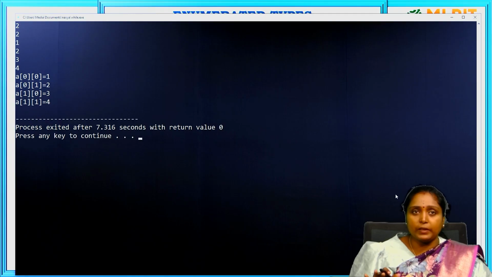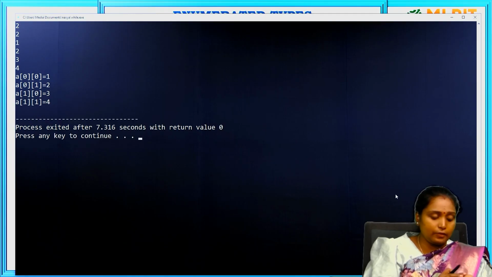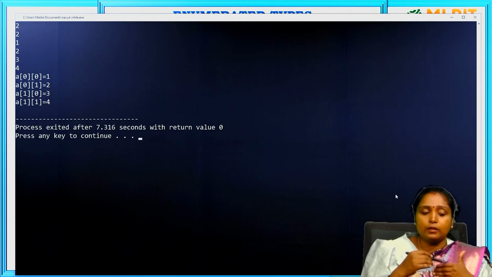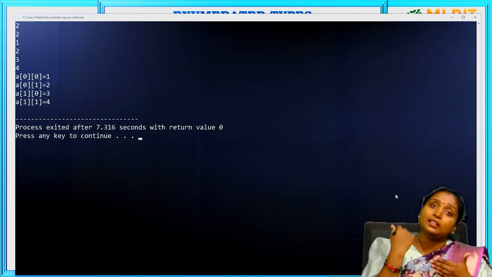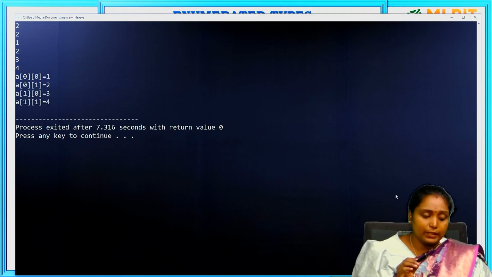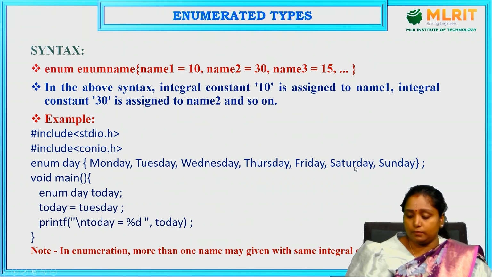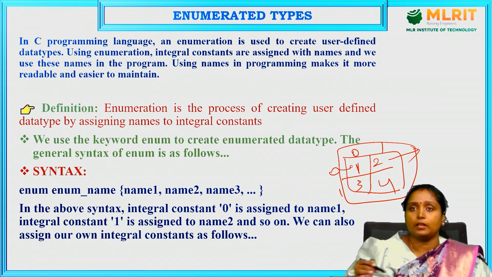First it will complete one row, which is the first iteration of the outer loop, as we have seen in nested loops. The inner loop has to be executed completely, then it will go to the second iteration of the outer loop. Similarly, this one also works the same. So if I want to print in the matrix format, 1, 2, 3, 4,